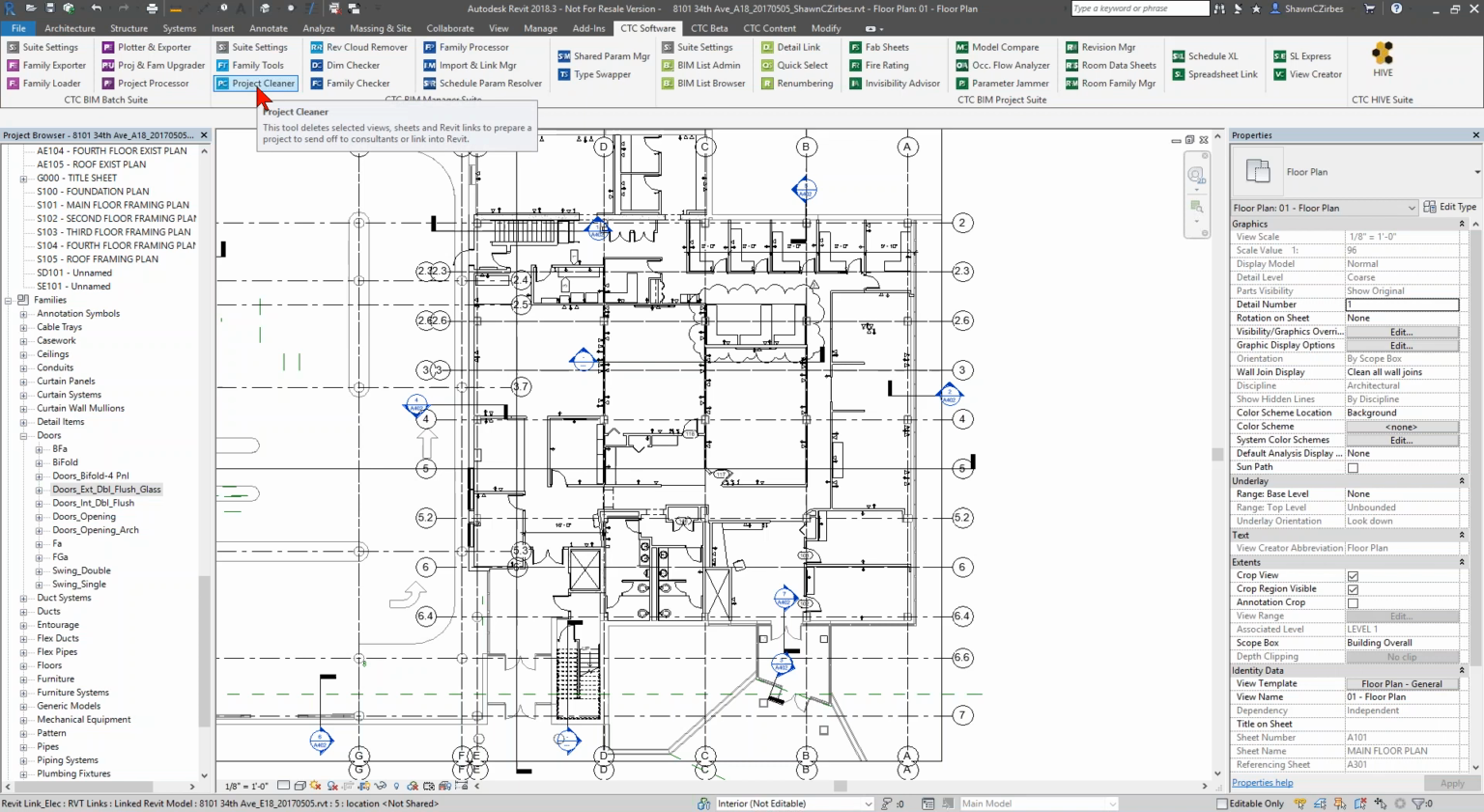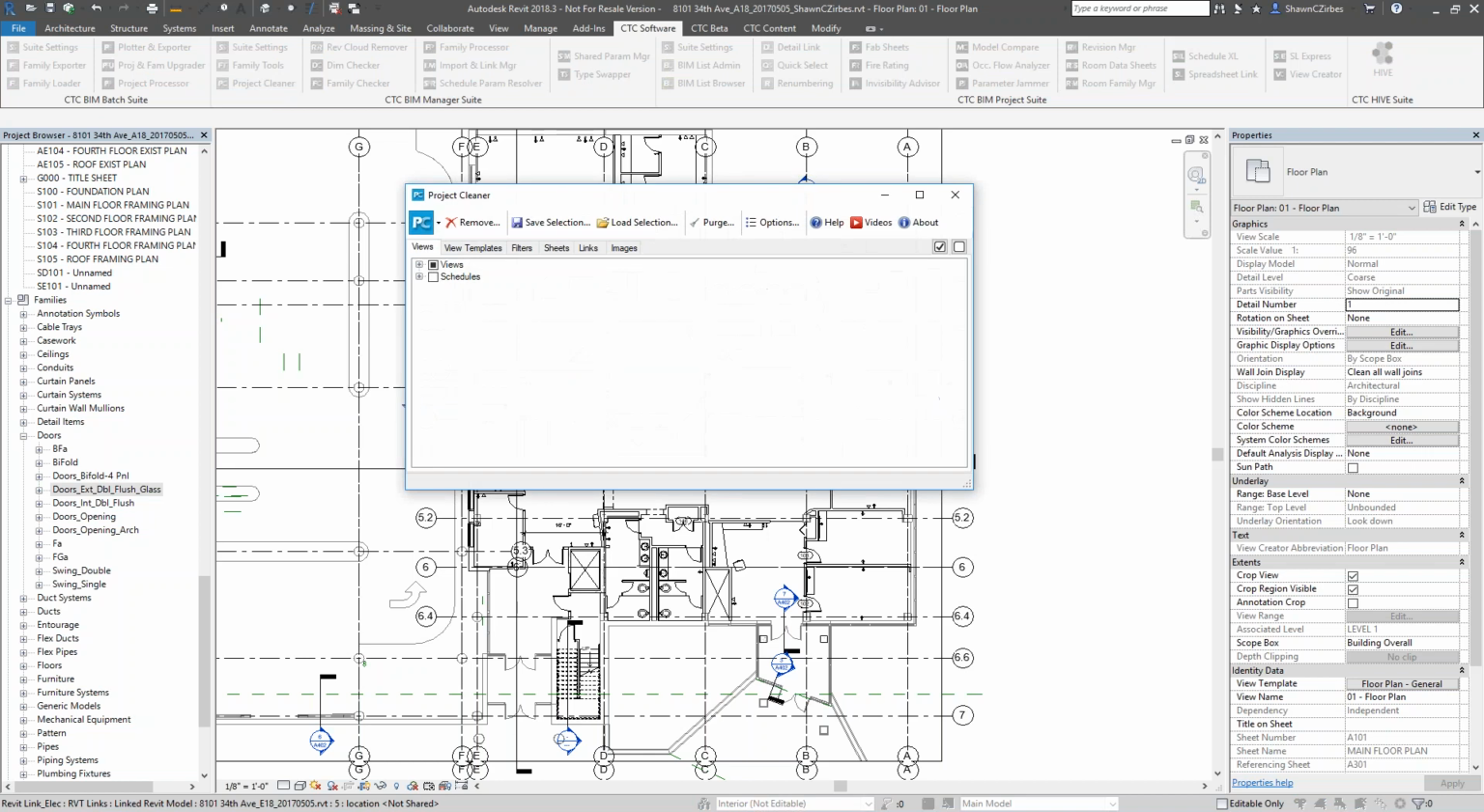The last tool that we're going to talk about in depth today is this one, the Project Cleaner. Again, BIM Manager tool here. This isn't one you would necessarily want to give to everybody because this could destroy a project in a hurry if you didn't use it correctly. But what this tool lets you do is go through and clean up stuff in the project that shouldn't necessarily